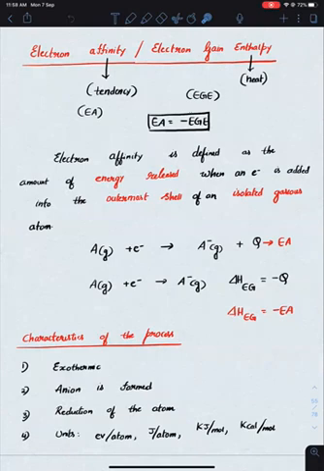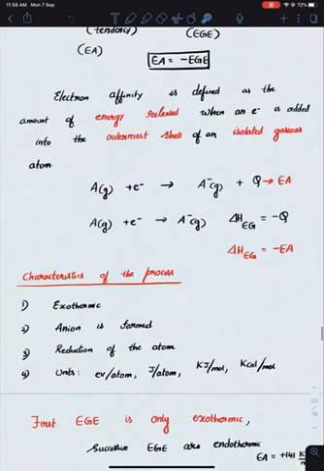In case of ionization energies, the first, second, third, all the successive ionization energies will always be endothermic, and they will keep increasing. IE1 is less than IE2 is less than IE3 is less than IE4, and so on. In case of electron affinity, only the first electron affinity is positive, or electron gain enthalpy is negative. The successive electron gain enthalpies will be endothermic. Okay.